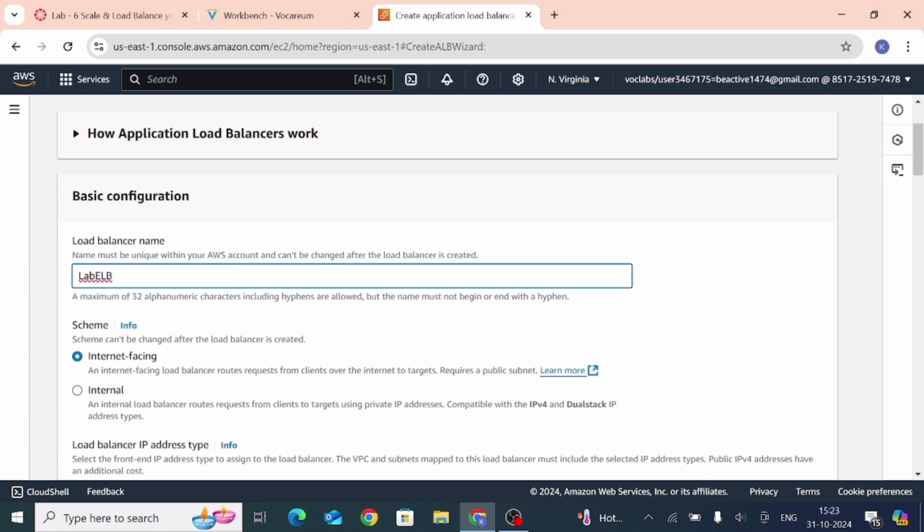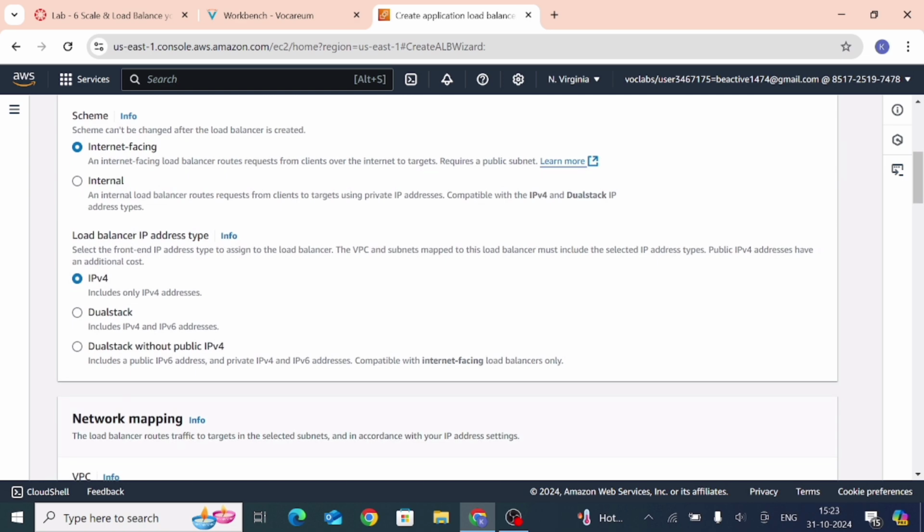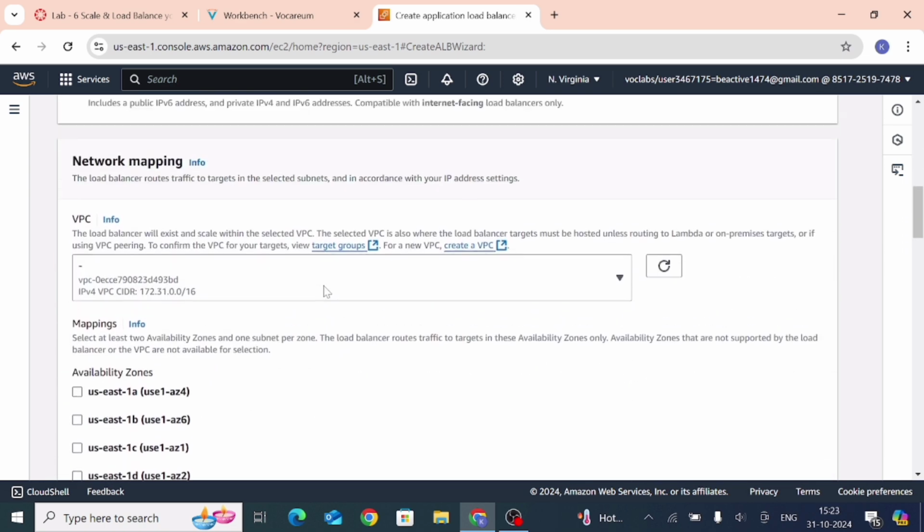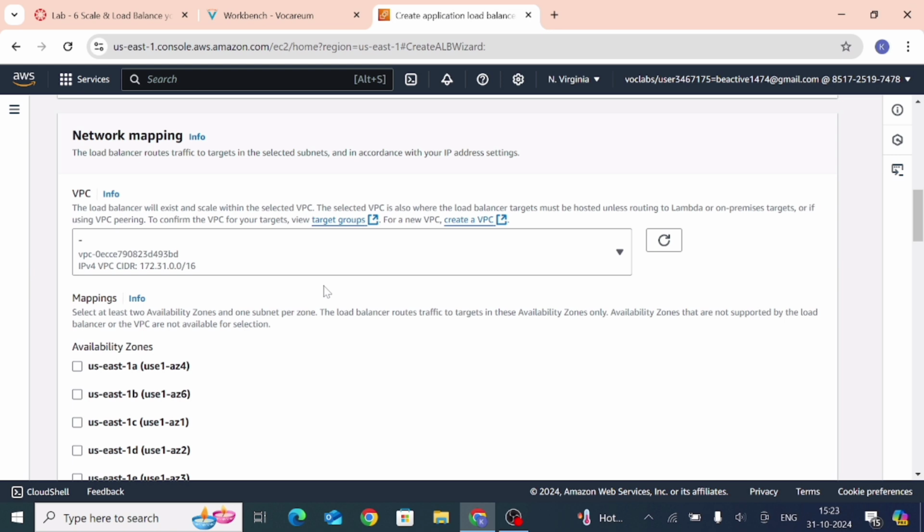Now from this network mapping, for the VPC, choose lab VPC.